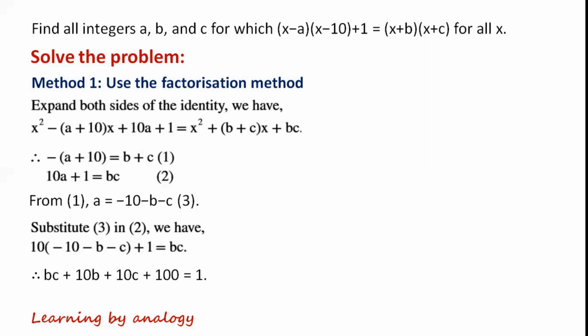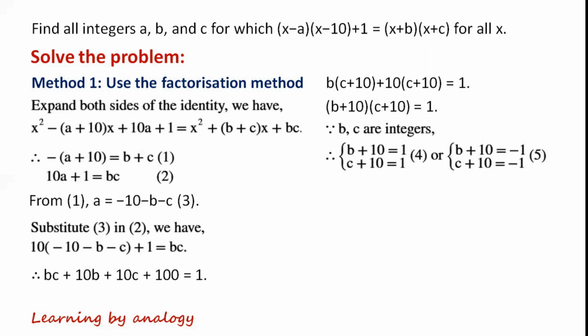So bc + 10b + 10c + 100 = 1. We can factorize the first two terms, bc and 10b. So we can now write b(c + 10). We can also factorize the terms 10c and 100. So we can now write 10(c + 10). (b + 10)(c + 10) = 1,